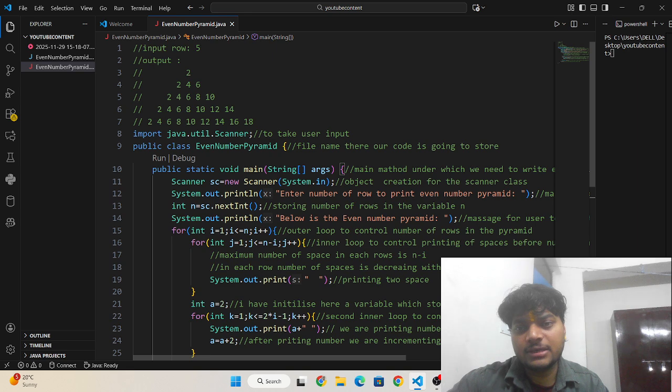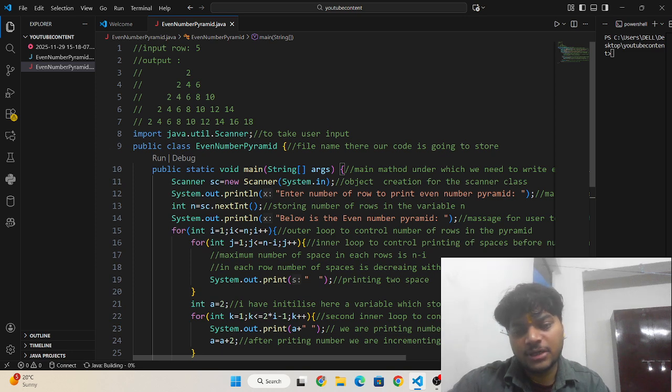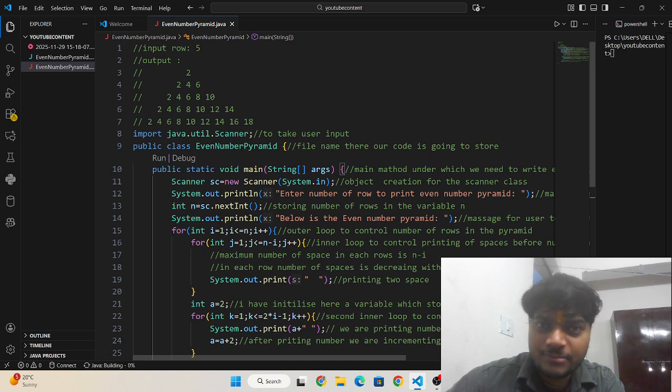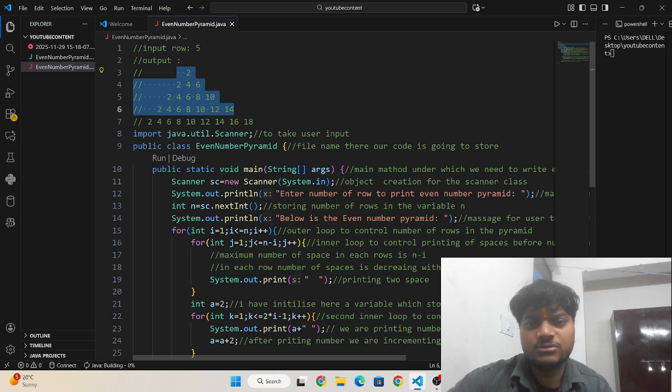You can see the number of elements moving from top to bottom is going to increase by 2. The number of elements in each row is always odd in count, meaning when you count the elements in each row you will find an odd number. So that's why I have written this logic.